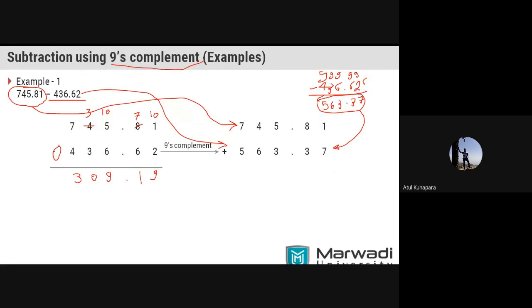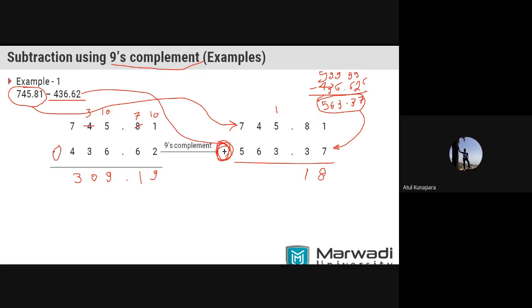And instead of performing subtraction, you have to do addition. You look here, there is an addition sign, right? So you will be taking your number as it is. Then the number which you have to subtract will be converted into its 9's complement form, and instead of subtraction, you will be doing addition. So what answer you will get here: 1 plus 7, your answer is 8. 8 plus 3, so it is 11. So I will put here 1.